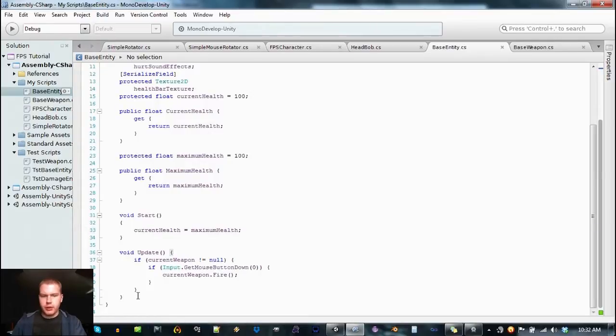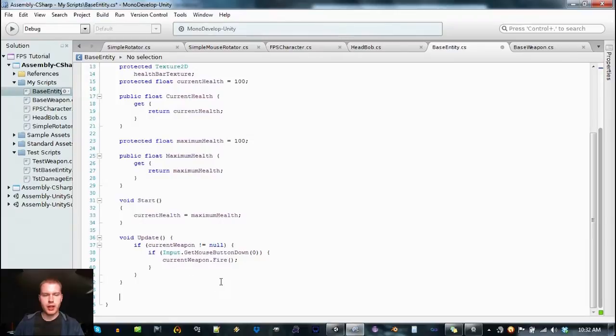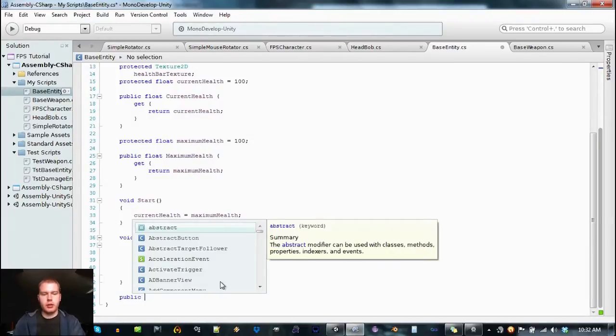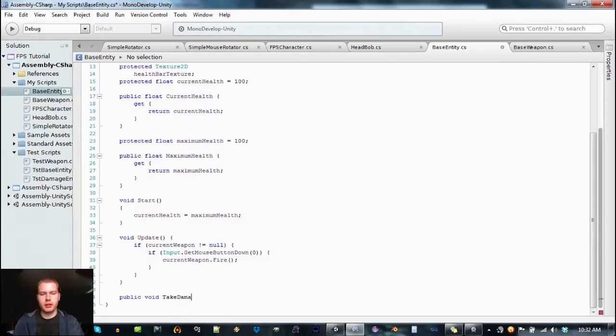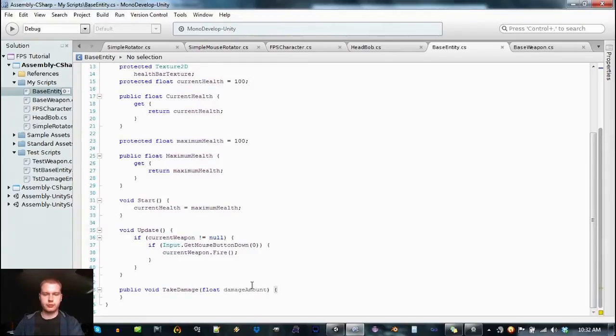Now, what we're going to do is create a method called take damage, and this is going to allow us to decrease current health and check to see if the player's died, or play some audio if he's taken damage. So public void take damage, and we want to pass in a parameter, a float, and we'll just call it damage amount. So what we do here is we take our field current health minus equals damage amount,